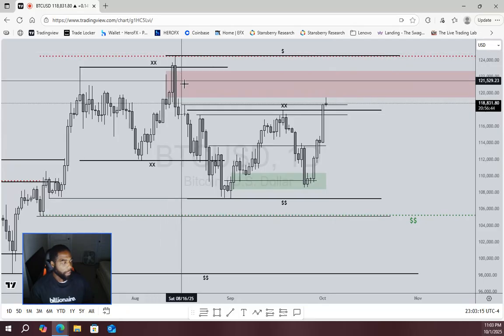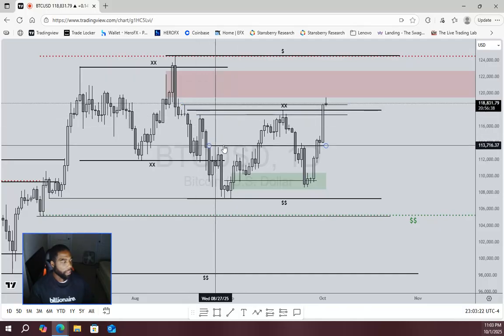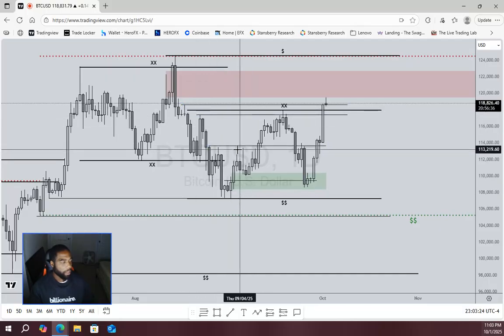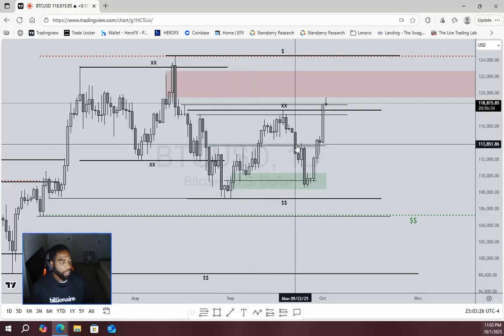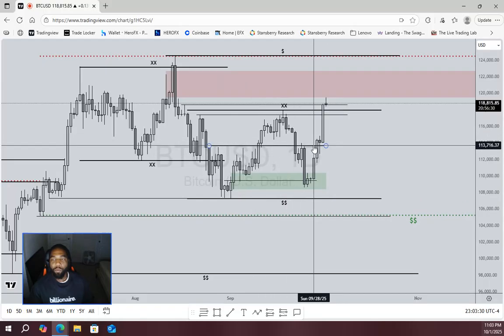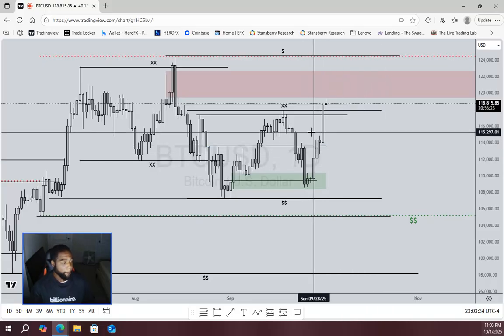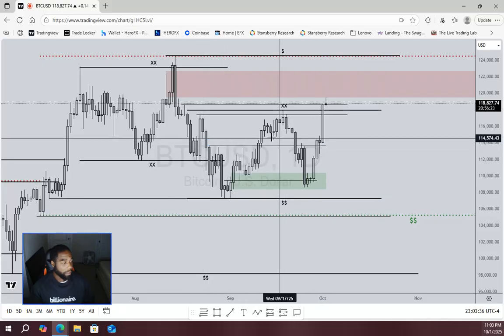So we got that bearish move here, and on the daily time frame, price created these highs, coming down, creating these highs, which is significant levels on the daily time frame that can be used as breakthrough retest levels. You know what I'm saying? So as we can see,